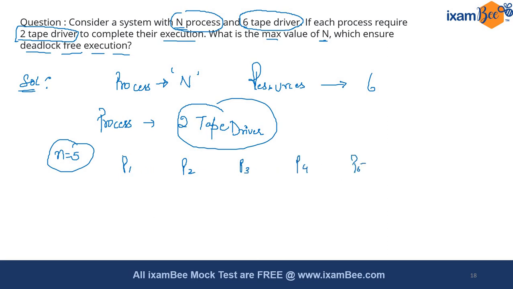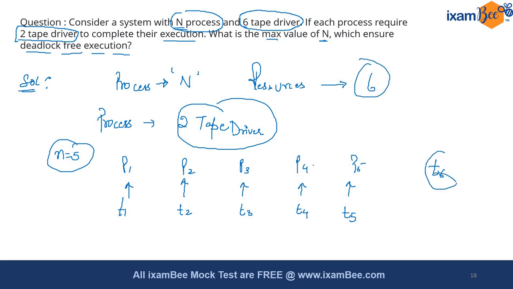This is an analytical question, by the way. So there are these many processes. Now let's give one tape drive to every process for the execution. Let's say there are 6 drives. Now there is one tape drive, T6, which is free, because we have 6 in total. P1 to P5 all have one tape drive, and every process needs 2. So if I assign T6 to the first process,